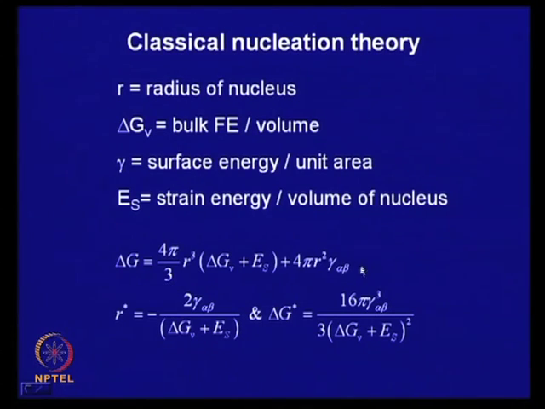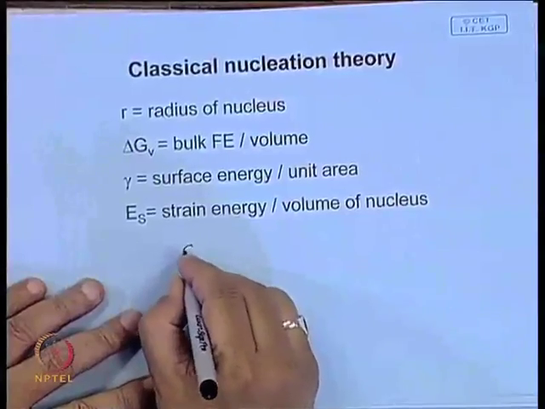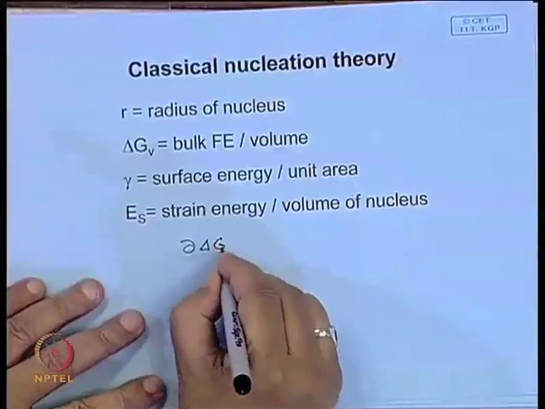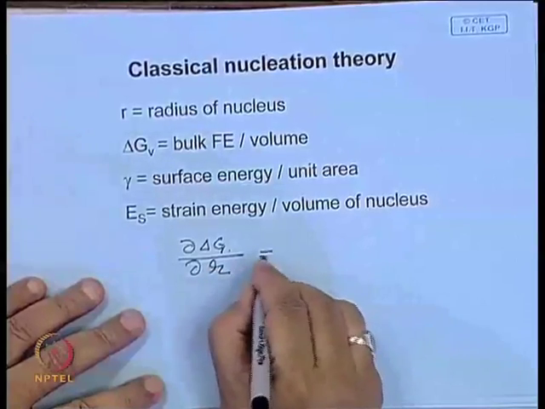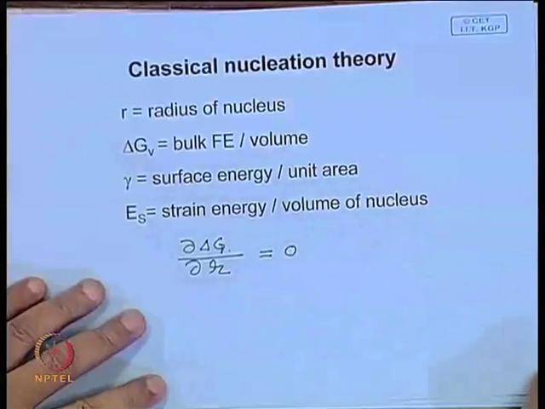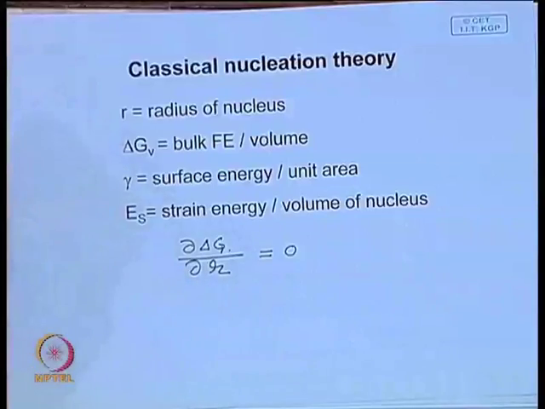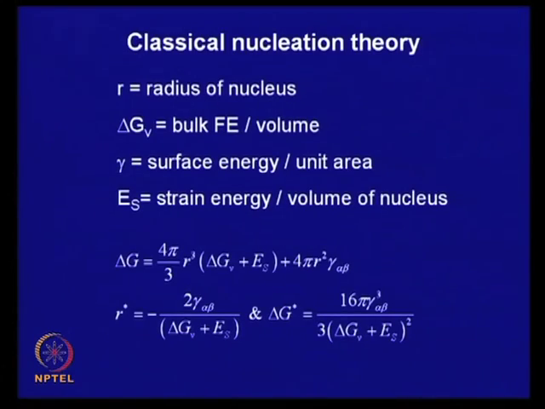If you differentiate this total free energy, at a particular temperature it is a function of the size of the nucleus. And what will be a stable nucleus? How will you find the stable nucleus? What you do is differentiate this and equate it to 0. If you do that, with a little algebraic simplification, you can derive easily and show that critical